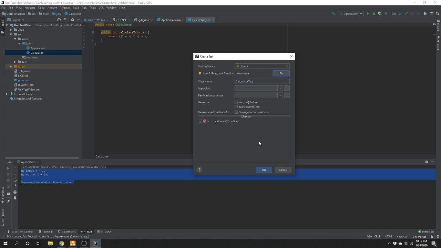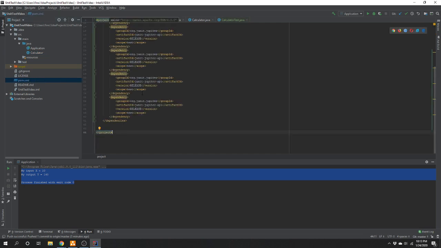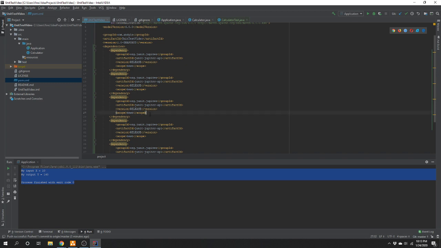I'm guessing it worked. It didn't update here, but I'm guessing it actually worked. So we'll hit OK here, and we'll add that to Git. So clicking that fix button, all it really did was add this JUnit dependency to Maven, and then it imported